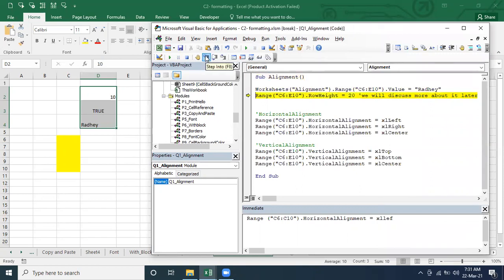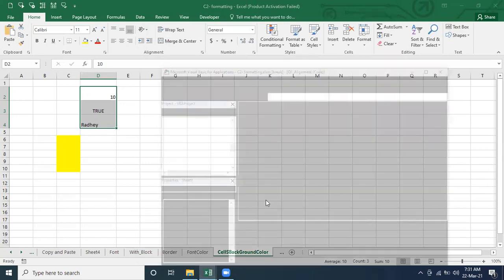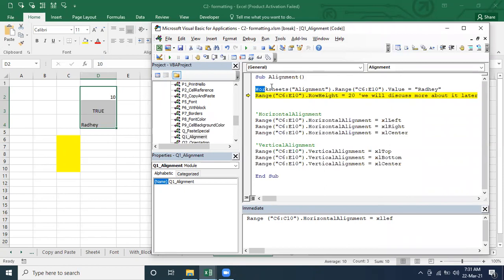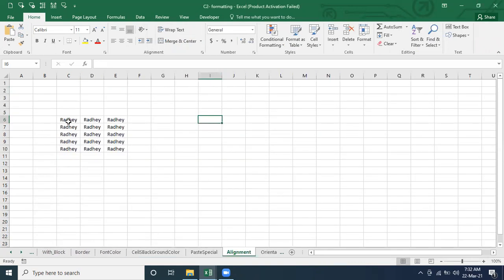It passed the value. What happened? Alignment shift. You have observed or not? I executed this line of code, it got executed, and we are observing here that nothing is there. There is no value at all. It should pass the value, but the thing is the sheet name is different. We have defined here the sheet name where we have to pass the value, so we have to identify where this alignment sheet is. So already it passed the value here, correct?